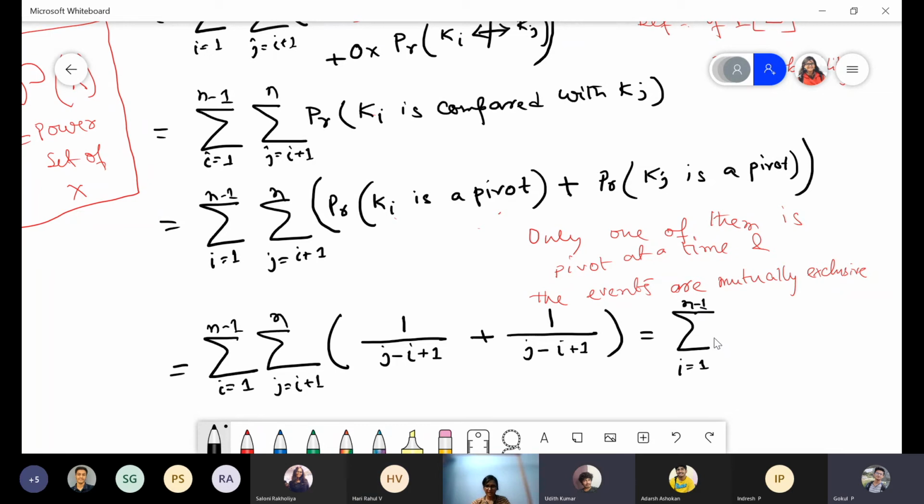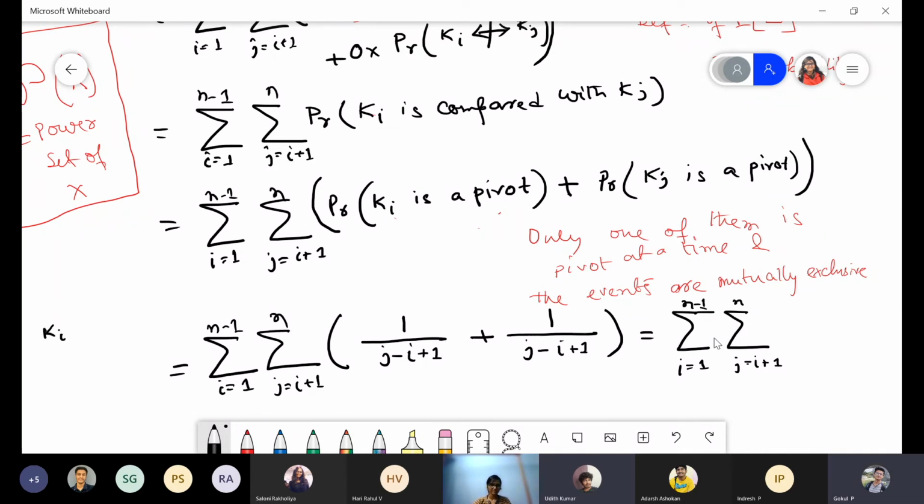You people are doing the calculation actually. Yeah, ma'am. Tell me. Can you explain why you're taking only the range of j minus i plus 1? I am taking here i and j, and I am taking all possible pairs of i and j. This is the general terminology of using all possible pairs, right? Starting from i equals 1 to n minus 1, so j will be i plus 1. No, that is fine, ma'am. In the denominator, you took j minus i plus 1, right? Yeah. So how many elements are there? N elements are there.